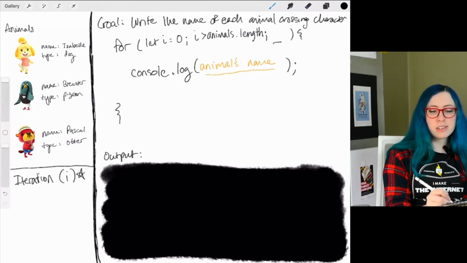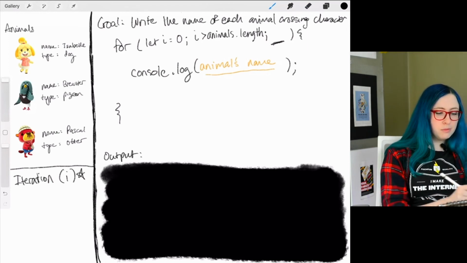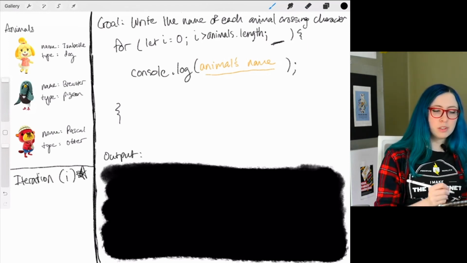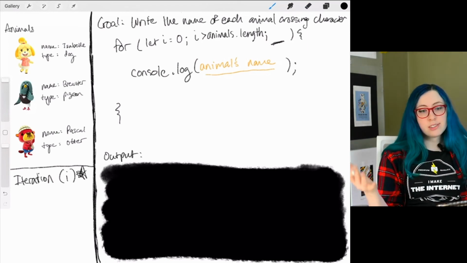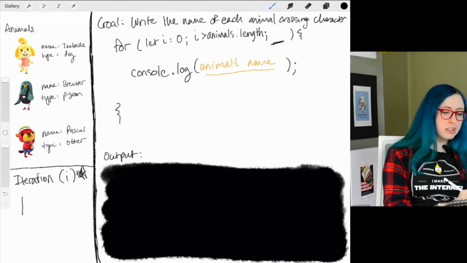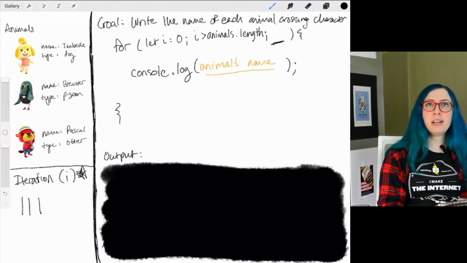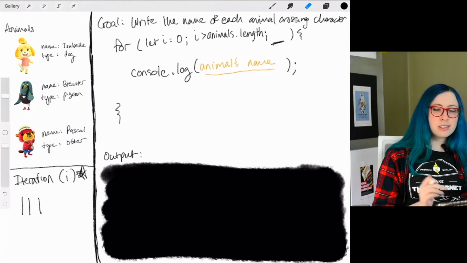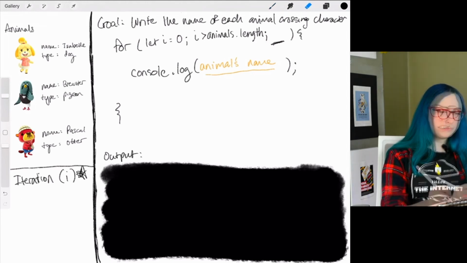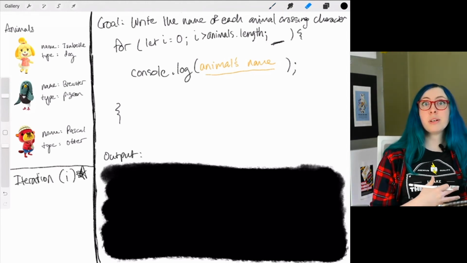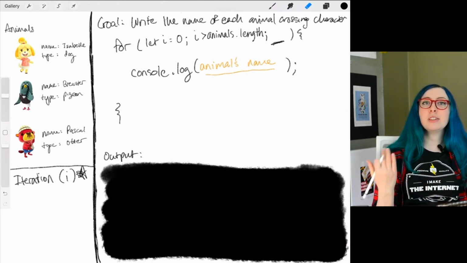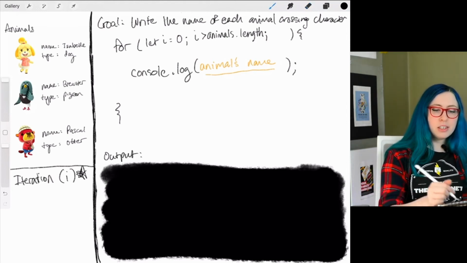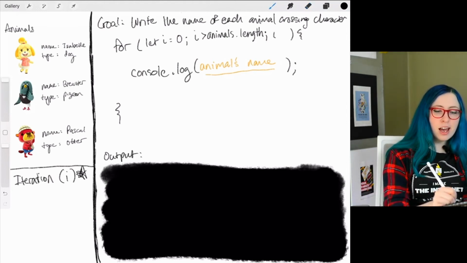Now there's one more piece that we're missing here. We've said what our iteration is, we've said when this should stop, but when are we actually marking down an iteration, right? So the last piece of a for loop is this very final variable. We're going to add 1 each time the loop runs. And the way that you do that is by saying i++, semicolon.